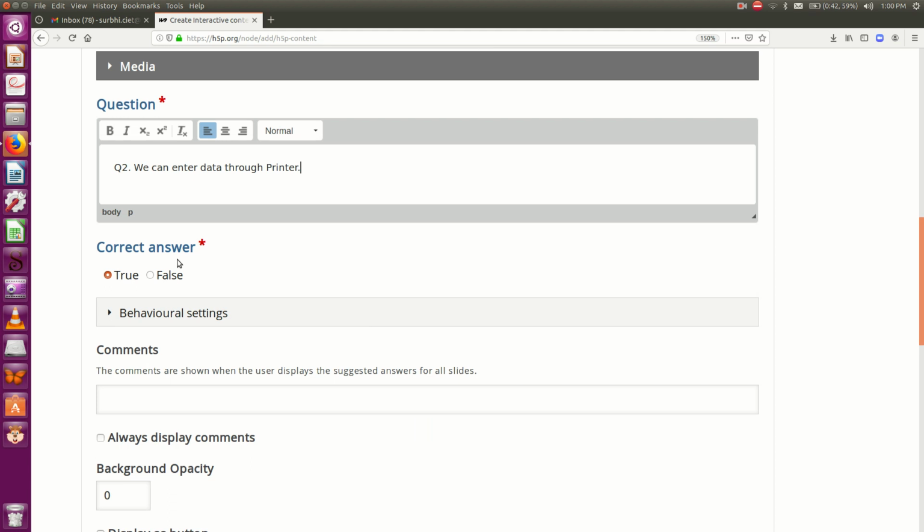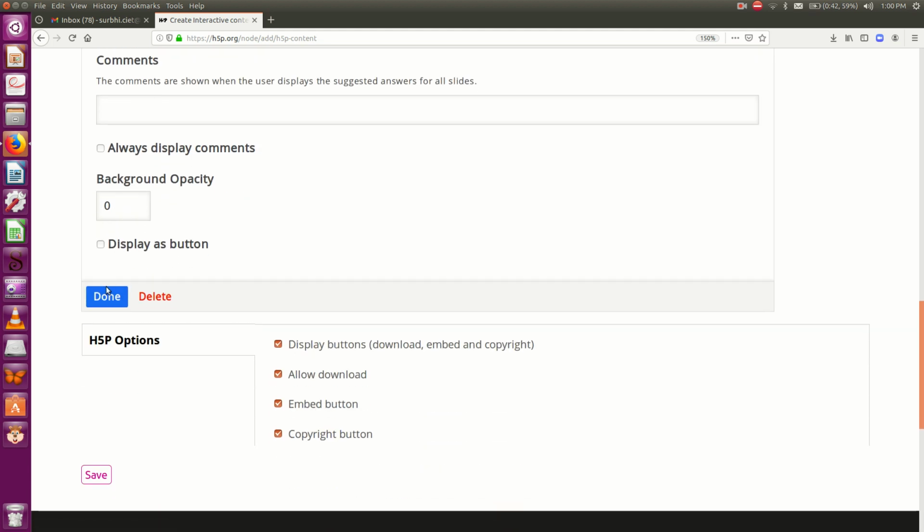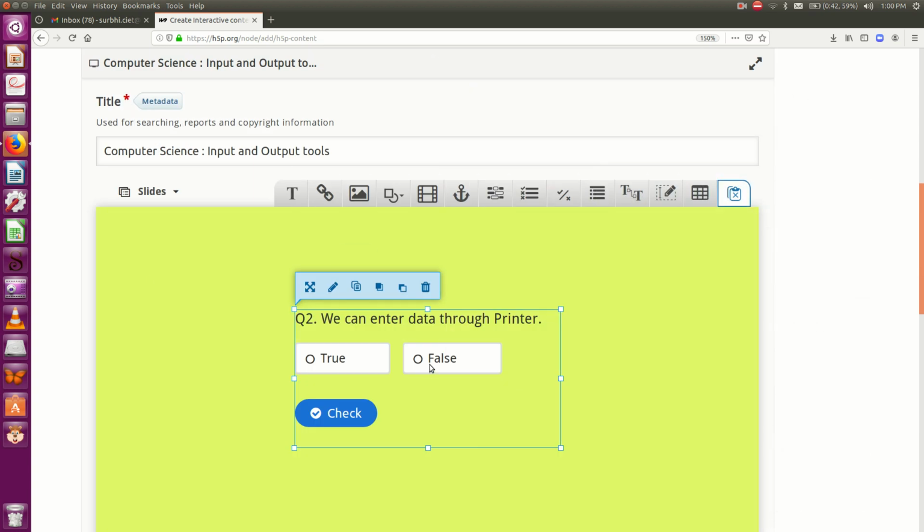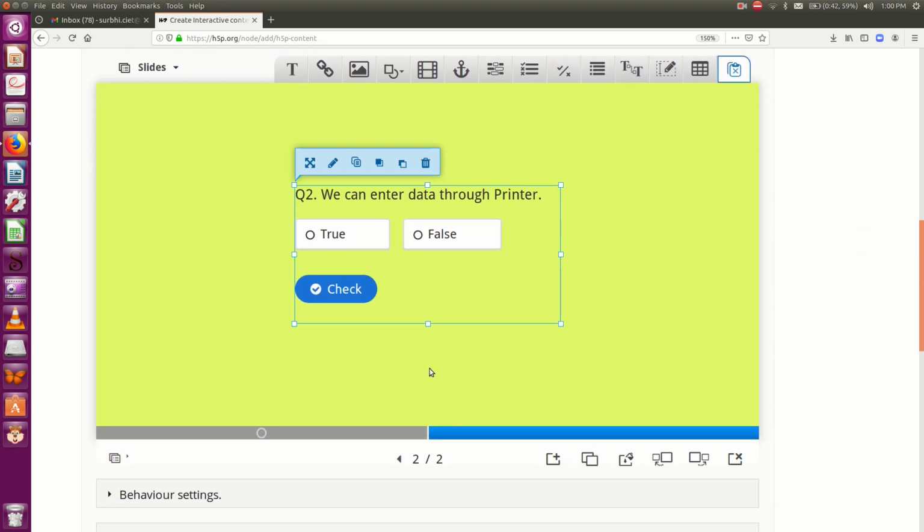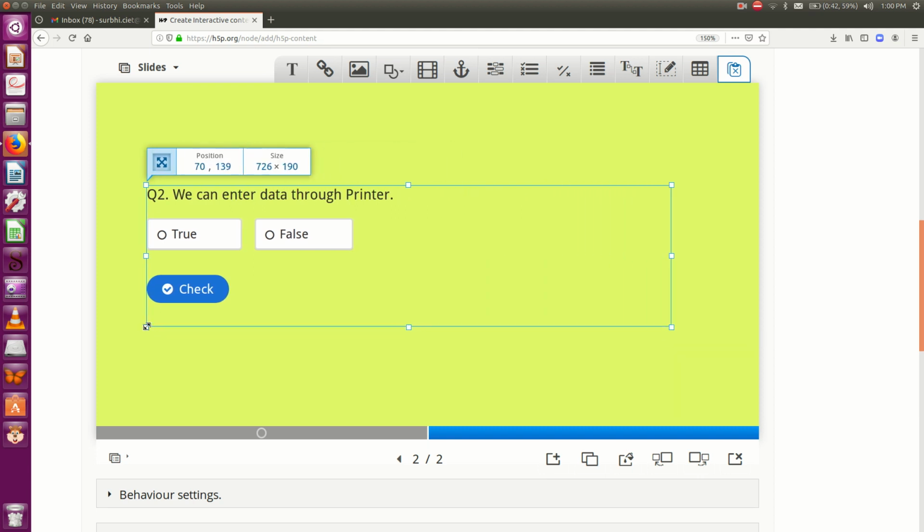So we need to give the correct answer here. We can enter data through printer. This is false. So I would select the false button and click on done. So we can see that the question has been added onto the slide. Again, we can resize it and reposition it so that it appears properly.